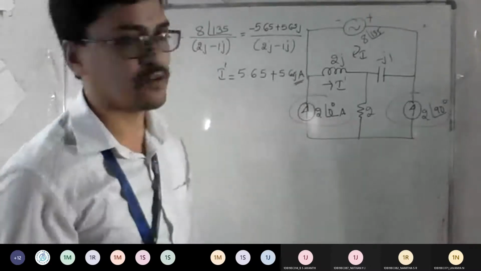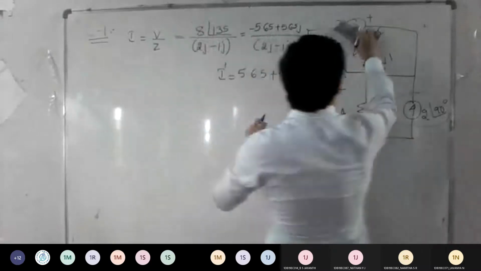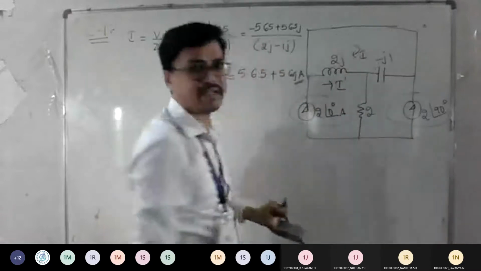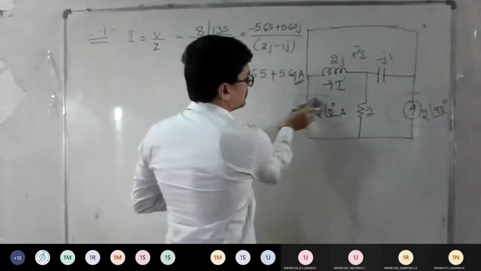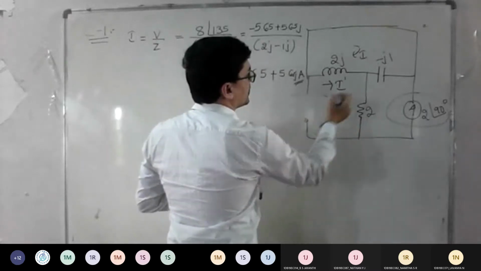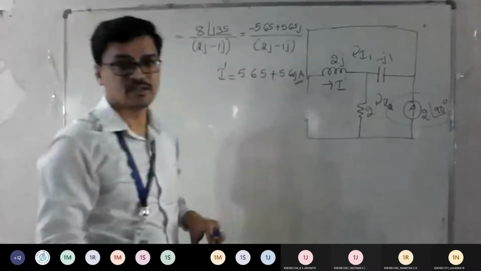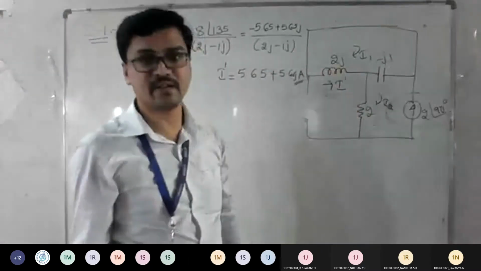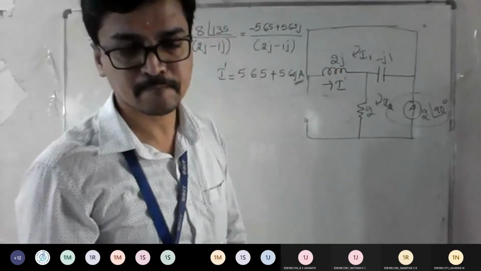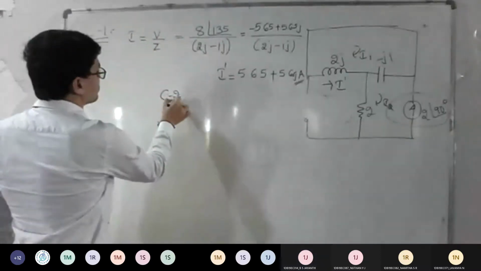Fine. So come back for case 2. What should I do in case 2? I should short circuit my voltage. So anyone you can make active. For example, if I make the other one active, this becomes an open path. So again you have I1 and you have I2, right? Which current should I get now? If I get I1, that itself is my I dash. Agree? Yes, sir. Okay.